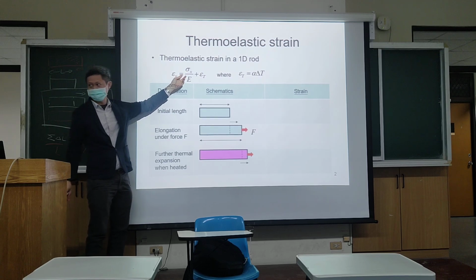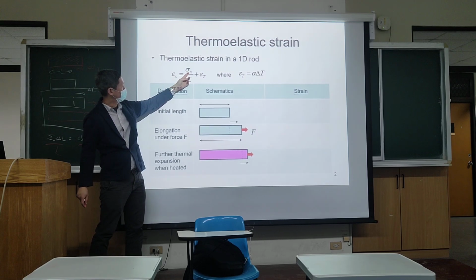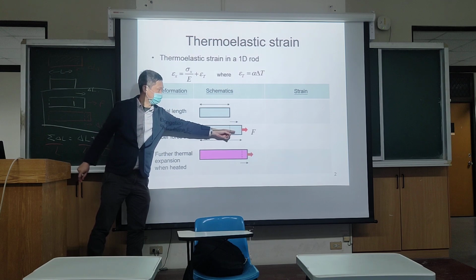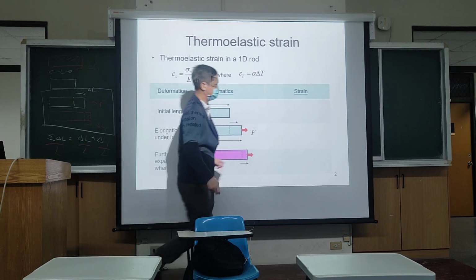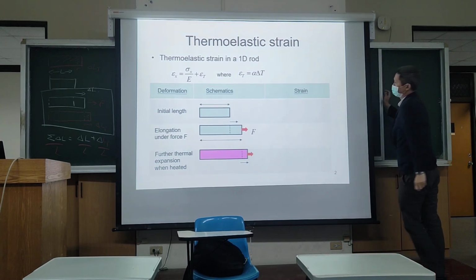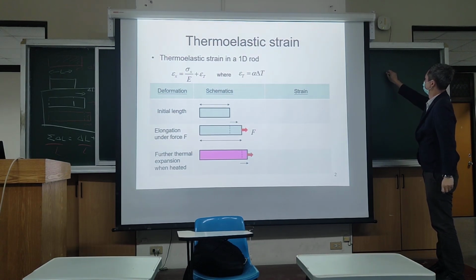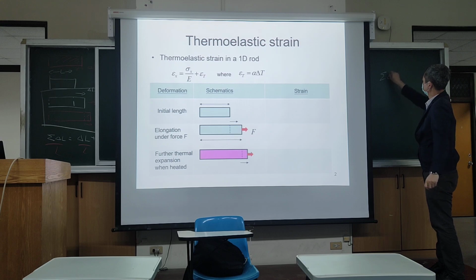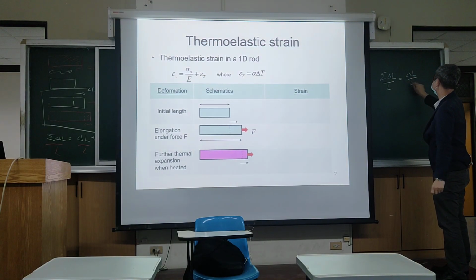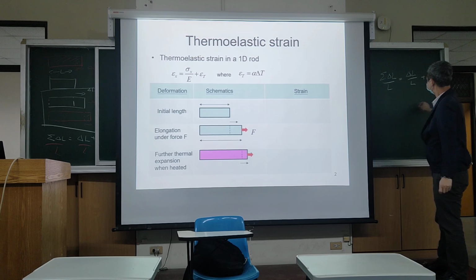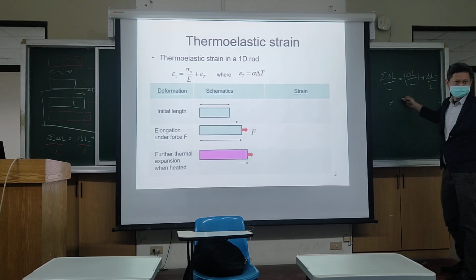Okay, it's caused by this external force. Okay, for strain, you can write this sum of the elongation is equal to the one caused by the pulling force plus the thermal elongation. Okay, so this one can then be written as